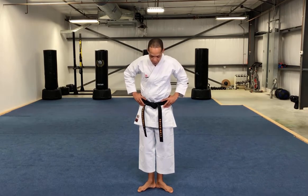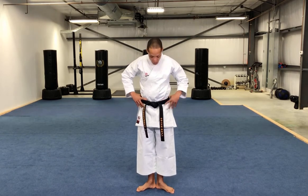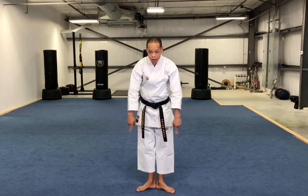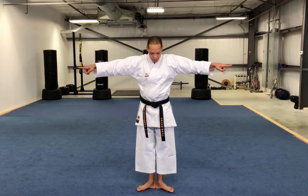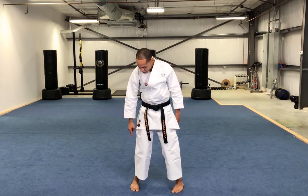So, in Goju Ryu, or very many Okinawan style karate systems, we start off in a stance called Masubidachi. Masubidachi means open toe stance. So my toes are going about 60 degrees out. Some people will go 45. Doesn't really matter, but this is the idea. I want to bend my knees past my toes. Then I want to rotate my heels into the point where the outsides of my feet are parallel, which brings us to this next stance,